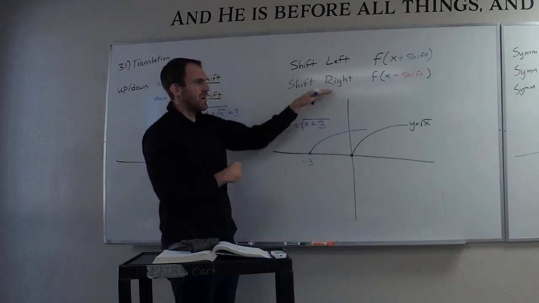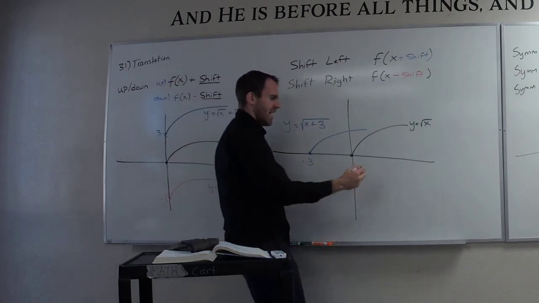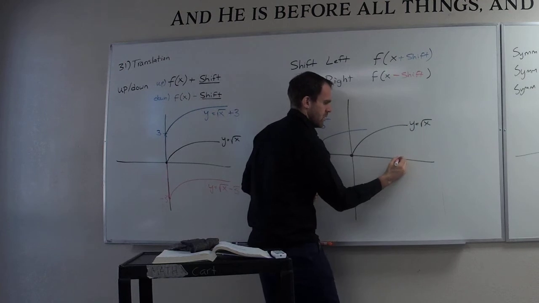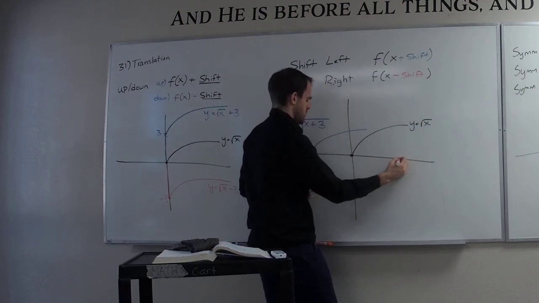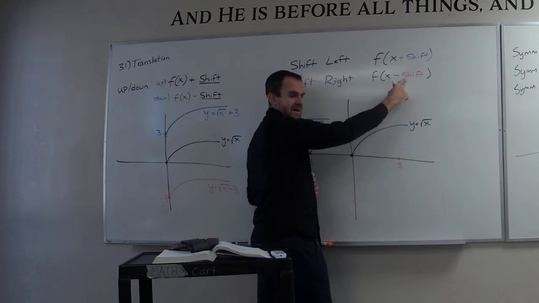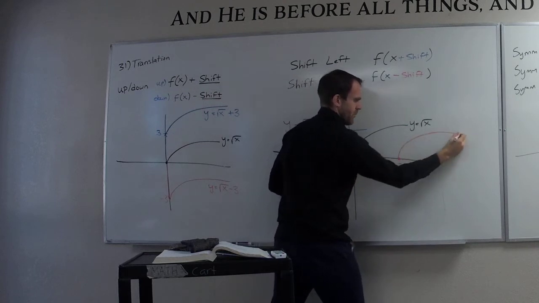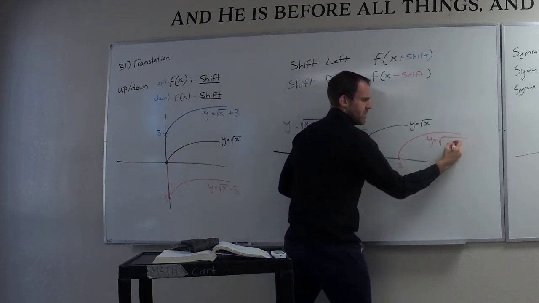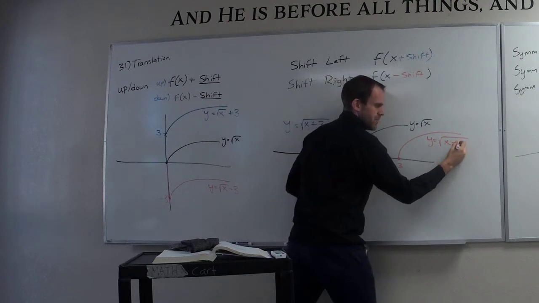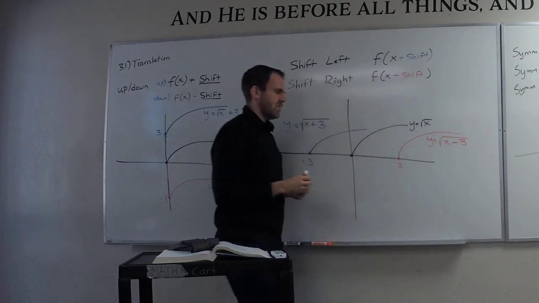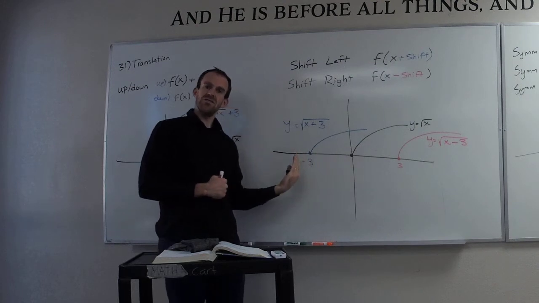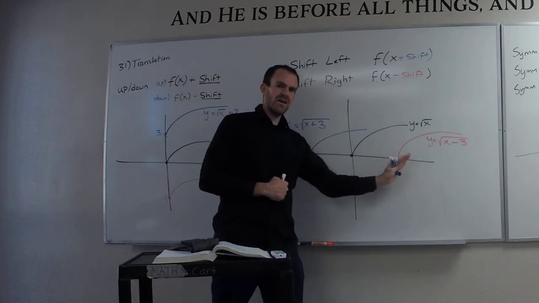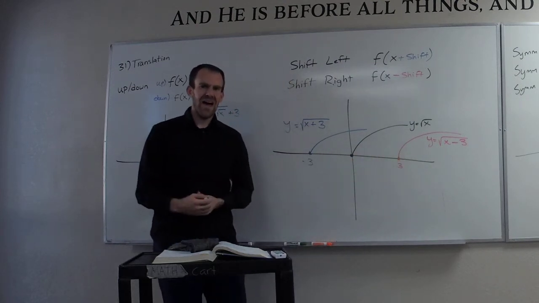If I want to shift my function to the right, I will add 3. I apologize, I will subtract 3. So this function is y equals the square root of x minus 3. To shift to the left, you will add. To shift to the right, you subtract. And that is problem